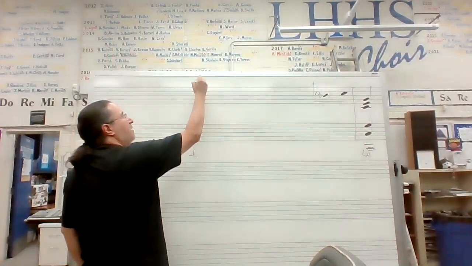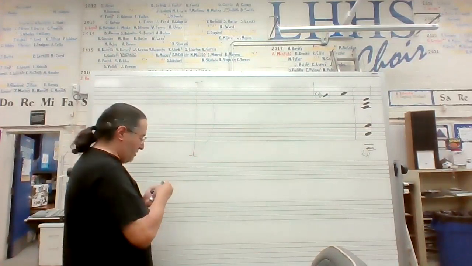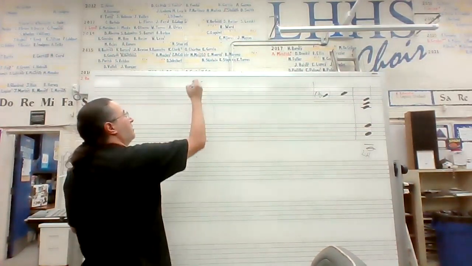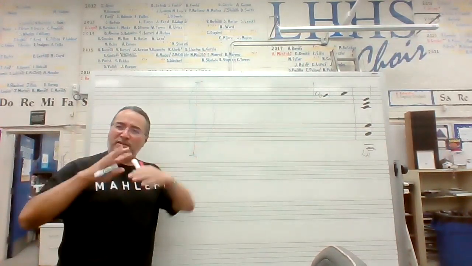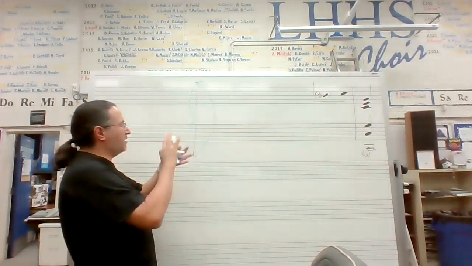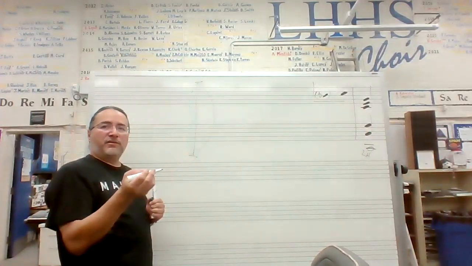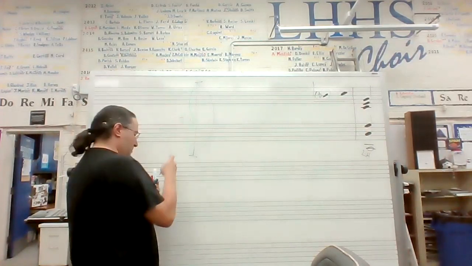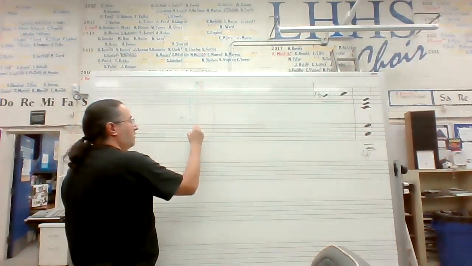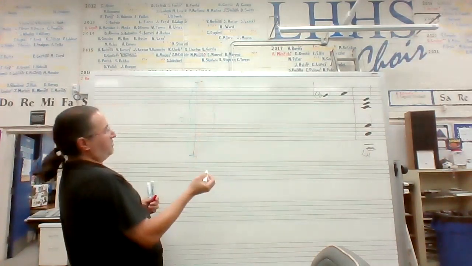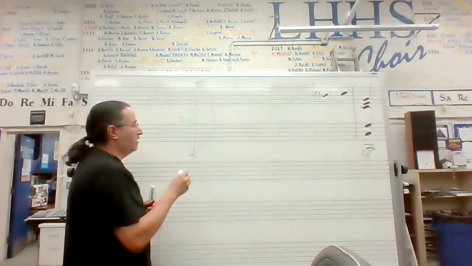Okay, so if you have the whole string vibrating, you hear the fundamental, right? But what is also happening is that the string is dividing into two at the same time, because it's not just back and forth, it's kind of all around. And so you've got, it's three-dimensional. So you've got this going, and when you have that going, you have the octave. That's a 2-to-1 ratio for the octave, right? But you also have this going on, a 3-to-1 ratio. It's not really great. But what do you hear when you hear the 3-to-1 ratio? You hear the perfect fifth,